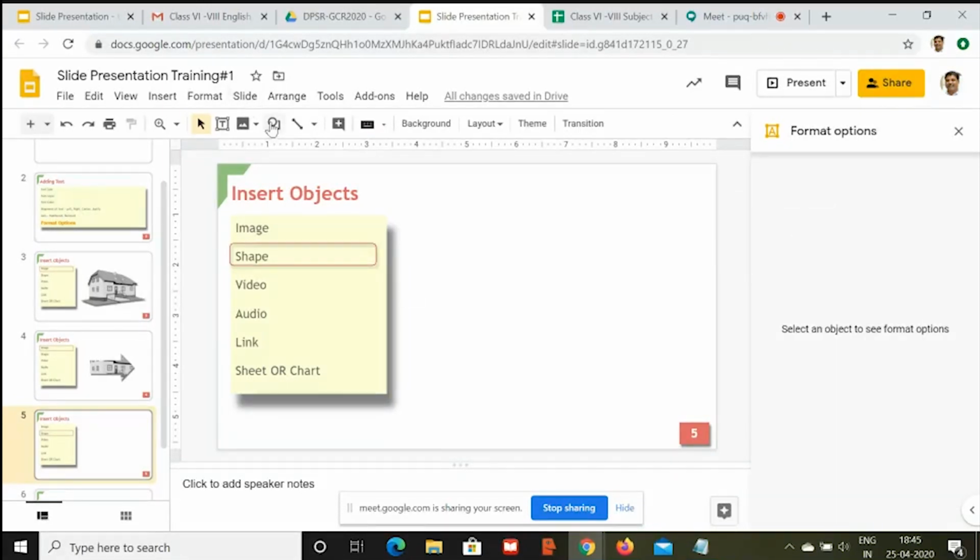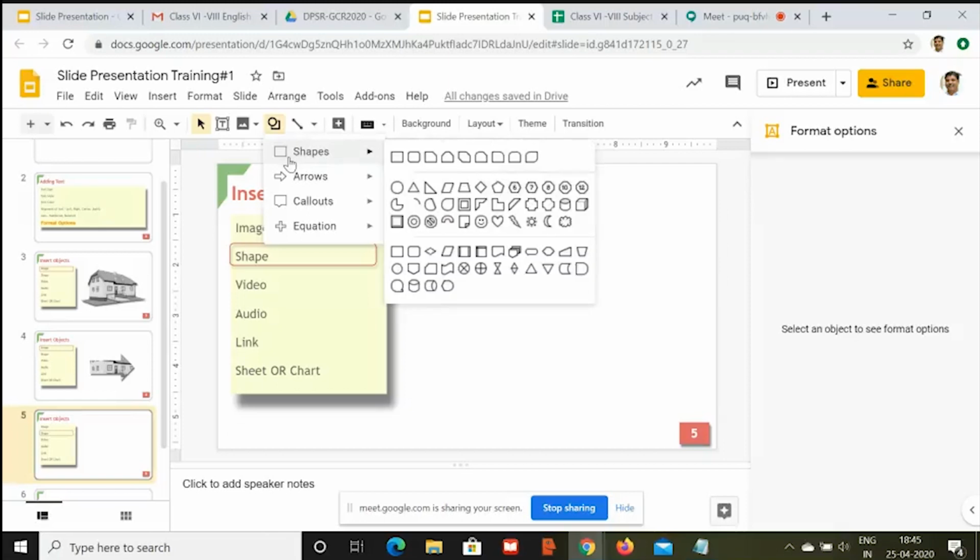In shape, we have many shapes available, and the best thing is, in Google, all the shapes are vectors. These are not static images. These are all vectors. I'll tell you the difference between a normal image, which is a raw image, and a vector. A vector can be customized to any size and any level. I'll just show you the customization possibilities, right?